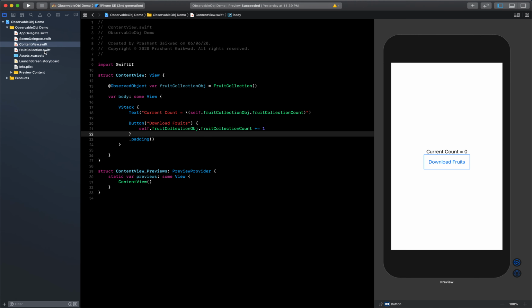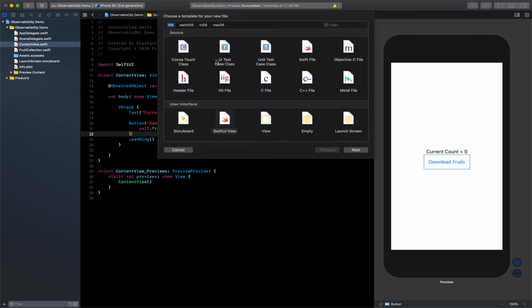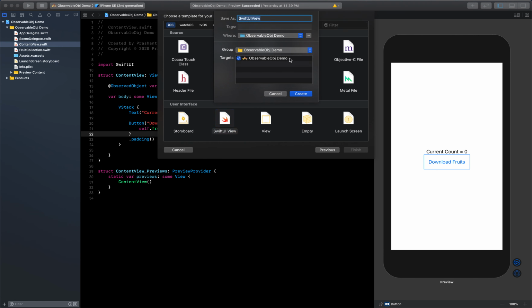So first I will create one new SwiftUI file, and I will name it, suppose since we have this fruit collection, I will assume that I have a friend and he is also having a fruit collection, so I will name it as friends collection.